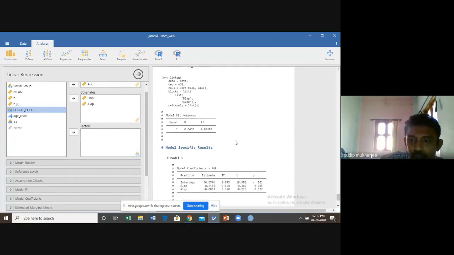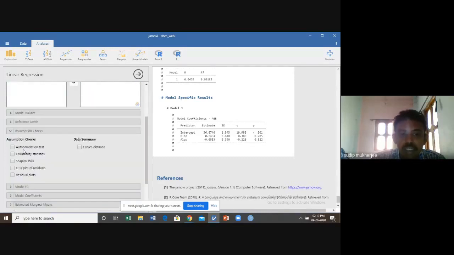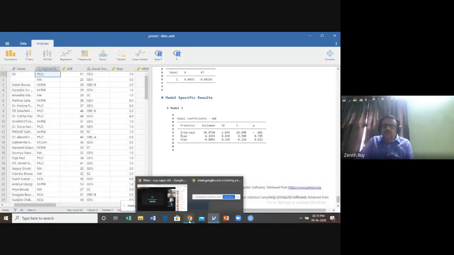It means nothing here, but for the design and the steps, these are the steps. You just select regression, select the dependent variable, and select the covariates or the independent variables. Is it more than 1? That is multivariate. But in case of multivariate, you have to use this command, assumption checks. These all are the assumptions. You have to check these first and then go for the multivariate regression. Okay.